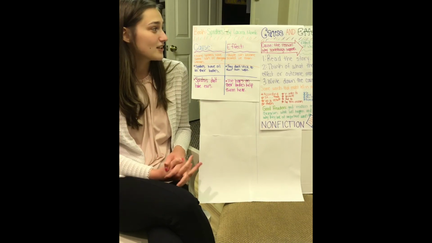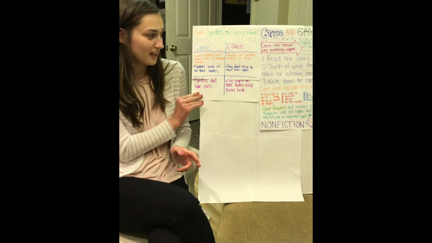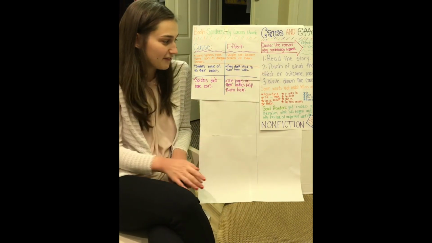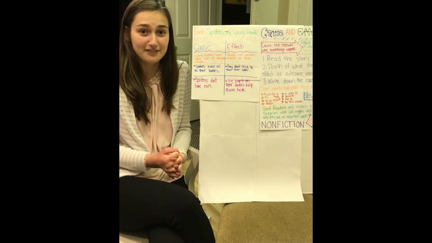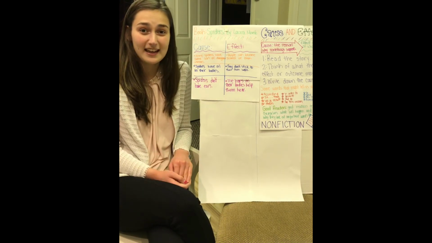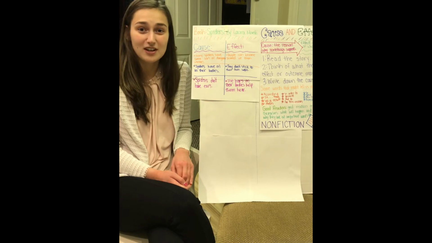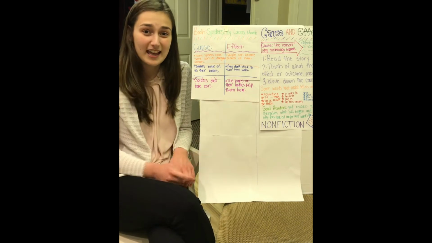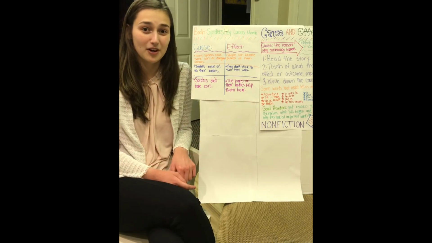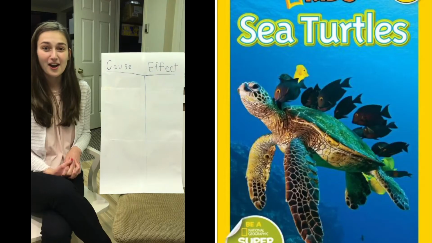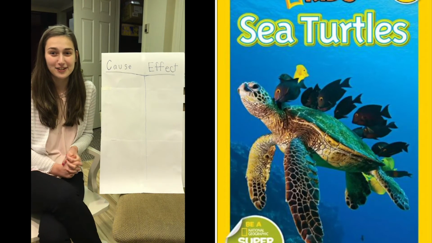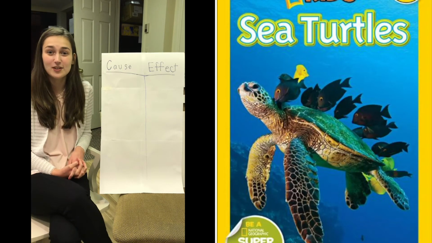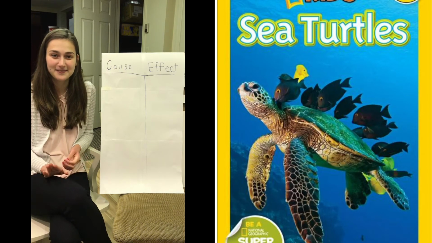Okay, boys and girls, so now that we reviewed with this strategy and we know our steps, that we have to first read the story, think of what the effect is, and then write down the cause and effect. We're going to read a new story today, and together we are going to come up with the cause and effects in the story, and we are going to look out for these important words, and we're going to use our thinking brains to come up with our own cause and effects. Are you ready? Okay, boys and girls, we're going to read Sea Turtles by Laura Marsh. It's the same author as our spider book, so now we're going to be learning about sea turtles.